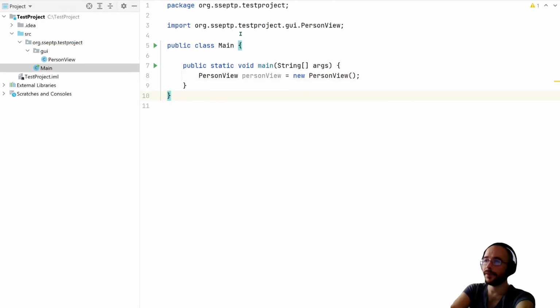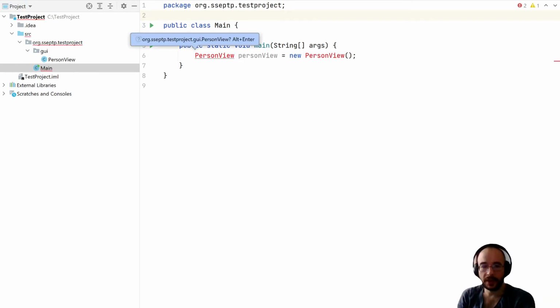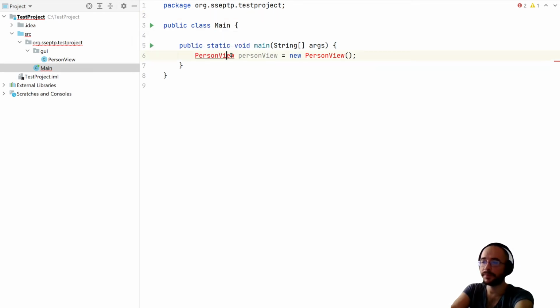If you don't have this import statement, you can't use it, because you have to specify where this class is. This class is in this package. Of course, why do I have to specify it? Because